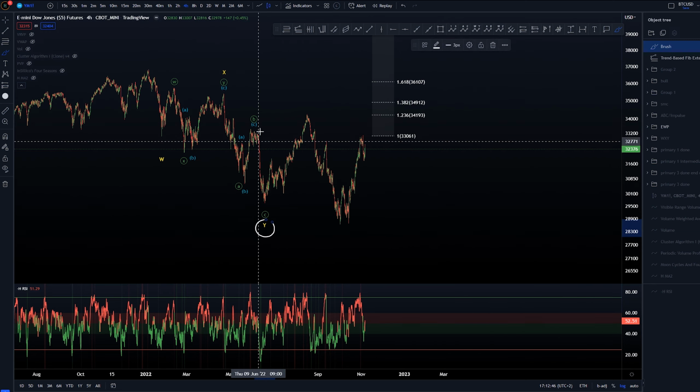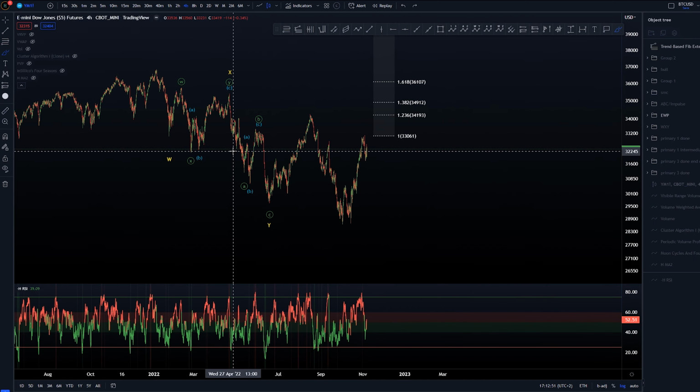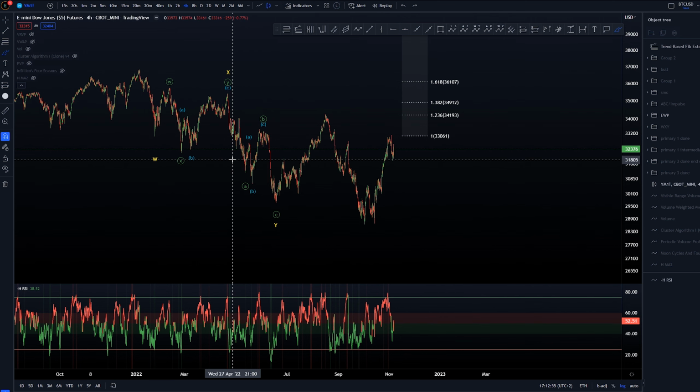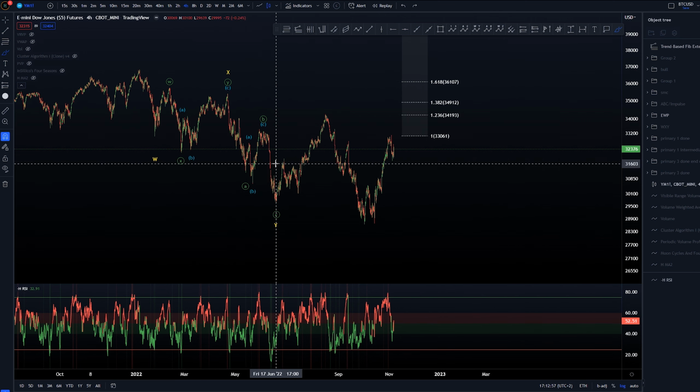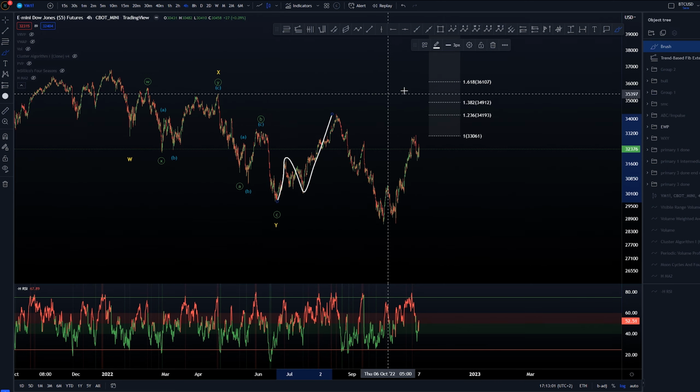Now after the wave Y would be done, the structures that we are getting are a bit weird. It is not the very same that we have on S&P 500 or the Nasdaq. So in here, this part is still the same, I do think. We have this as a three-way structure.